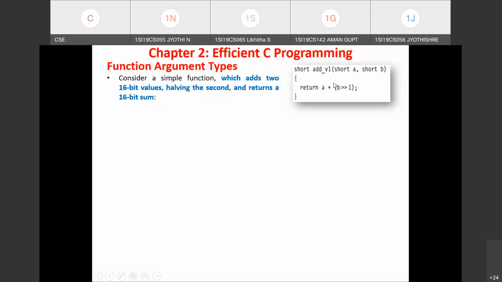So what is the operation performed within this routine? The second number held in B is right shifted one time, that is, we are trying to halve the value held in B. We add that result to A and return it to the calling function. Here, what you have to understand is the input values A, B as well as the return value.